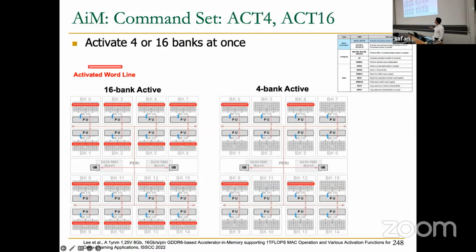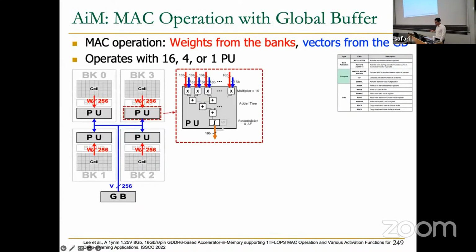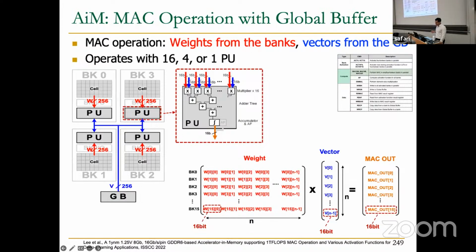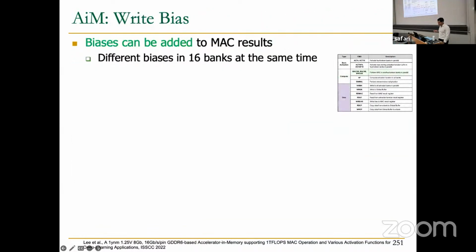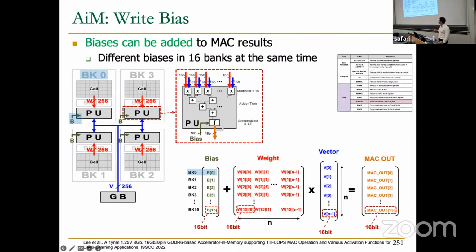They have these new activation instructions like activate 4 and activate 8, which activate the rows in either 4 banks or 16 banks simultaneously. They have this processing unit here again, which uses some multipliers together with some adder tree, some accumulation and activation function to accelerate GEMM and GEMV operations in a neural network kernel. So these are the different ways of operating it: if the inputs come from outside, if the inputs come from inside, or a combination of both, basically.